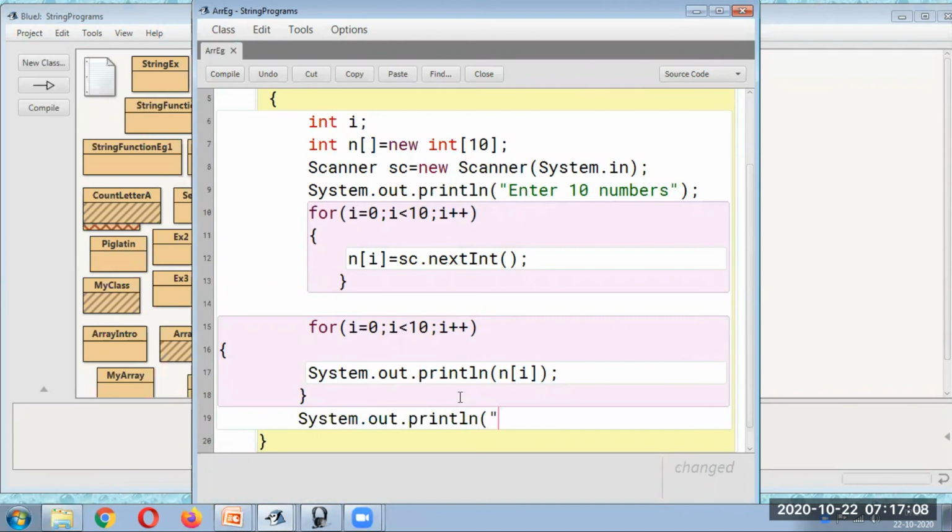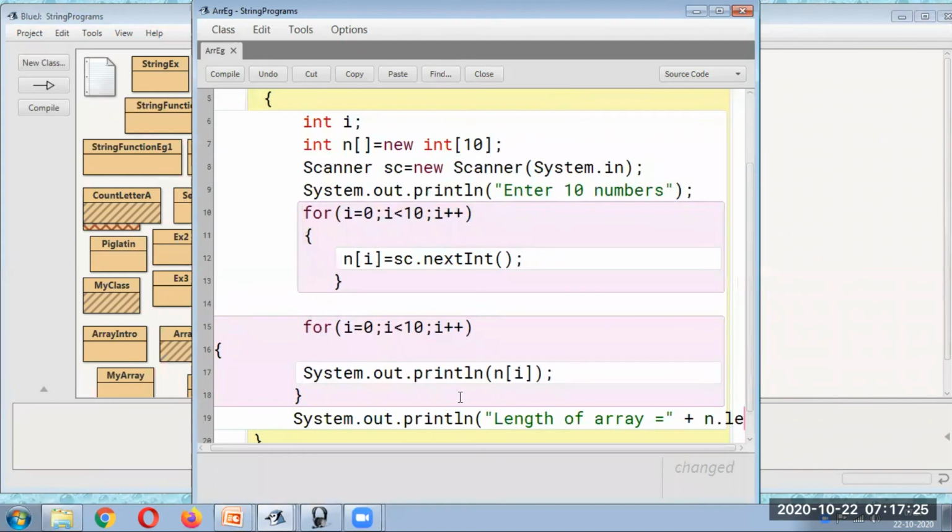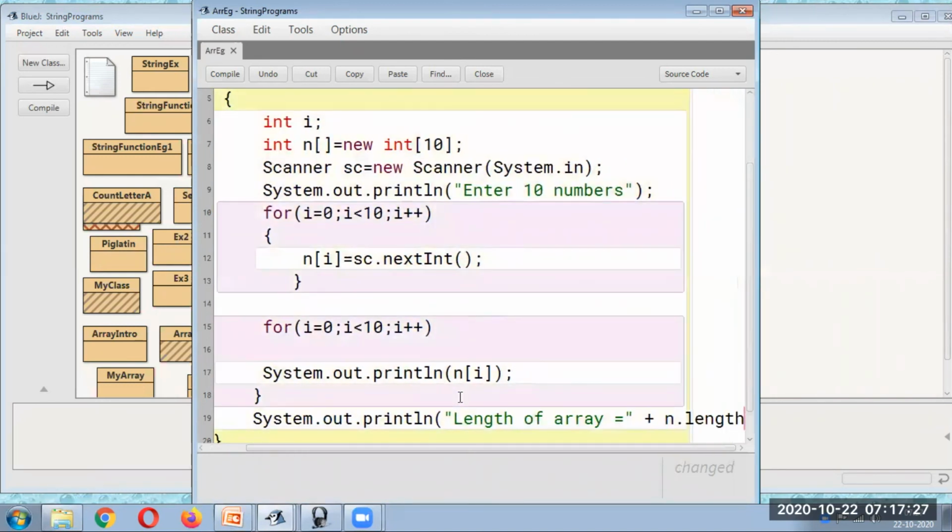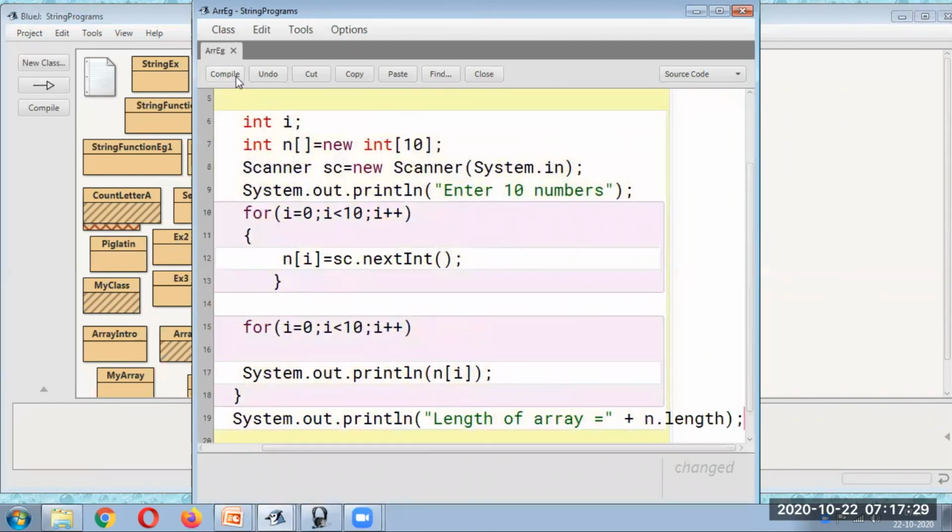Length simply means the number of elements in the array. So you have to write the array name dot length. Let us compile this.